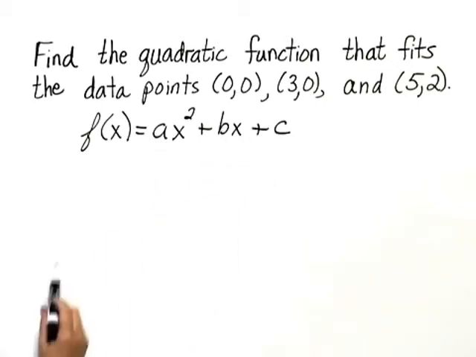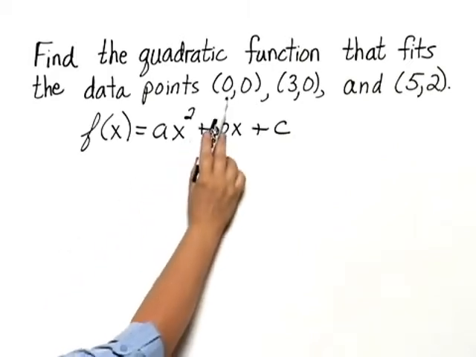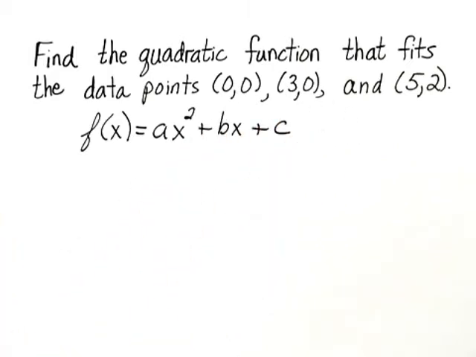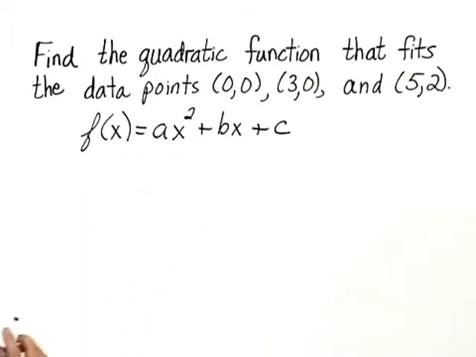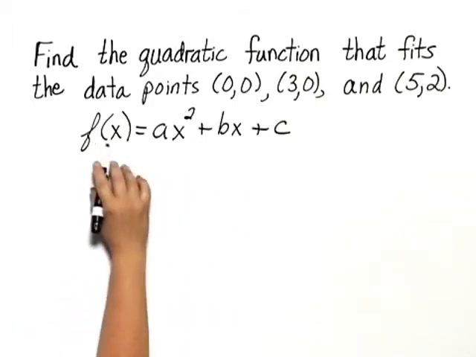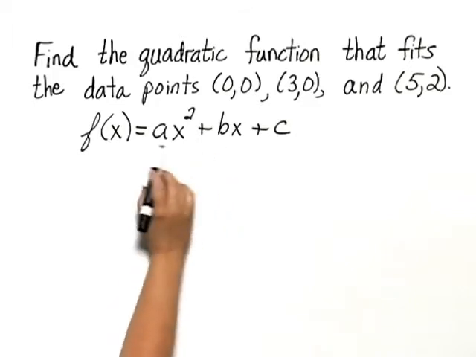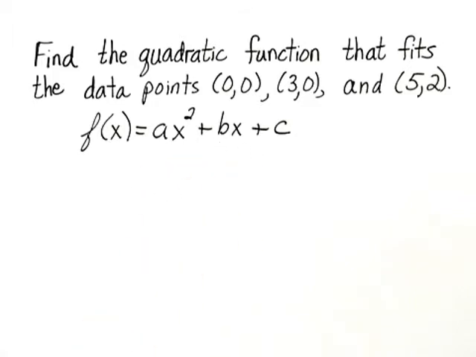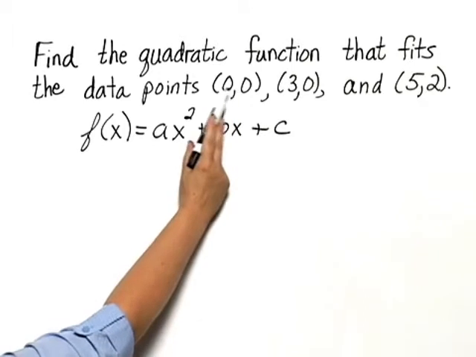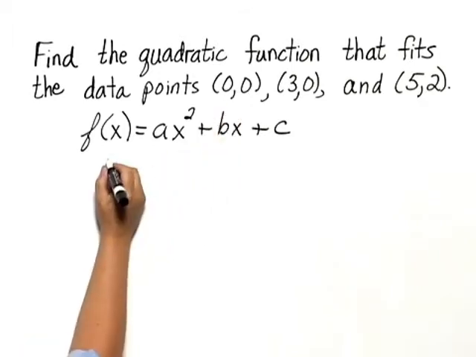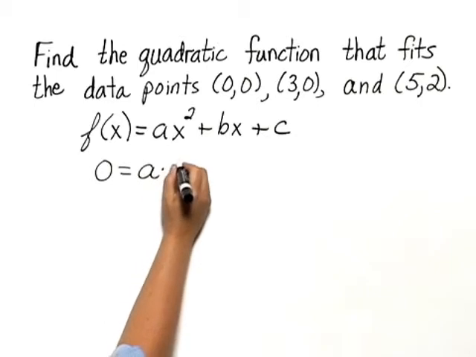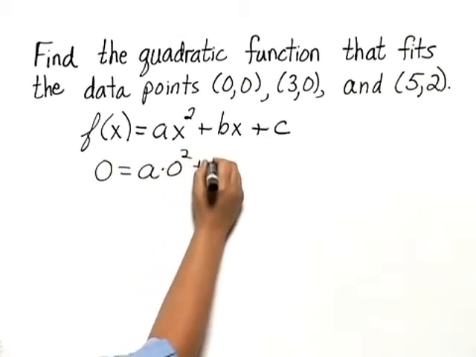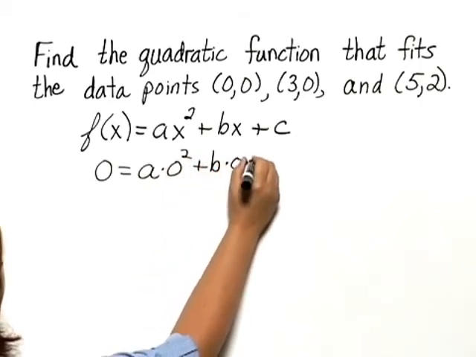We're given three pieces of information. We're given that these 3 points are part of this function, which would make it true. So we can fill in for f(x) and leave a, b, and c like they are. If f(0) is 0, then we have 0 = a times 0² plus b times 0 plus